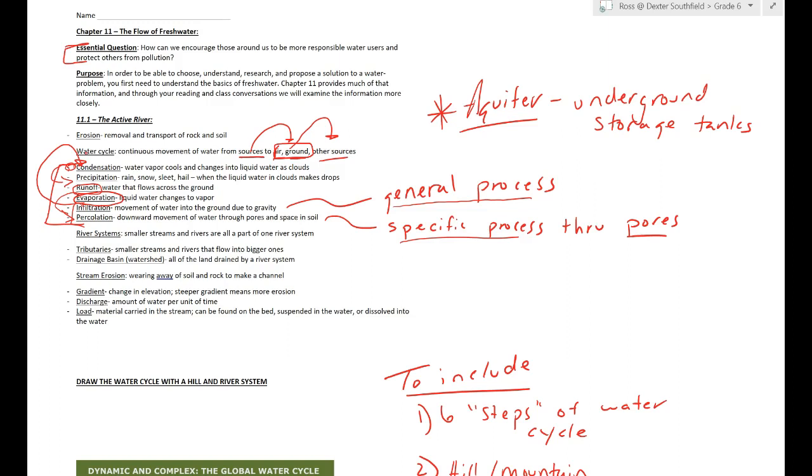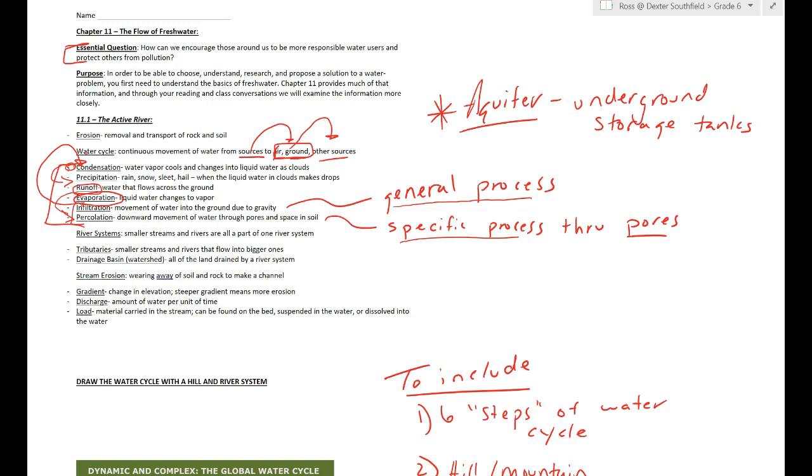So this is happening all over the place all the time. Water that is evaporated in the middle of the United States might not actually form into water droplets and rain until it hits the East Coast, or until it's somewhere over the Atlantic Ocean and it rains over the ocean, right? So water doesn't just stay in one place, it moves all over the place, whether as runoff or whether